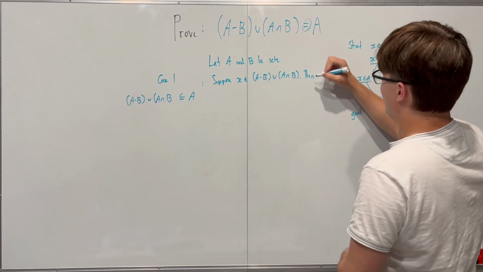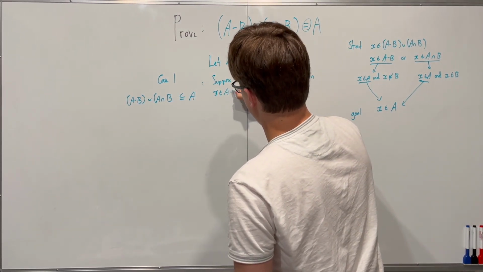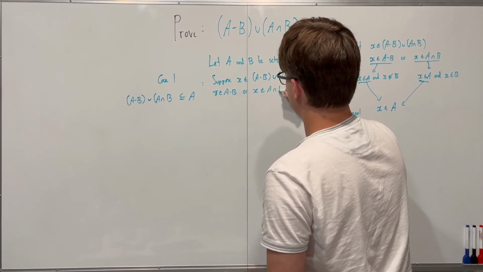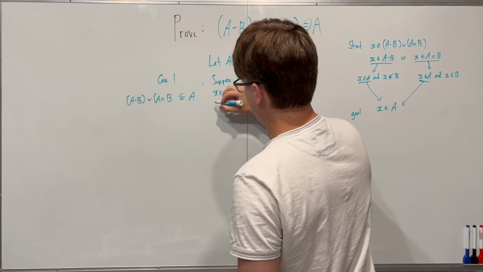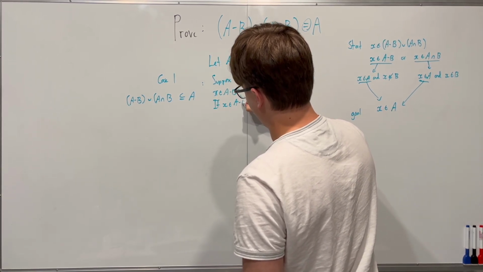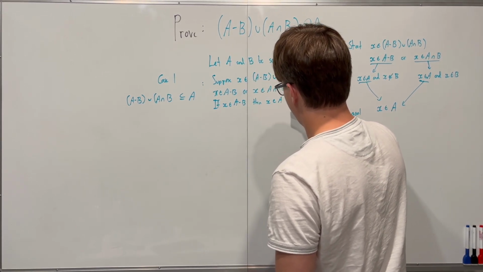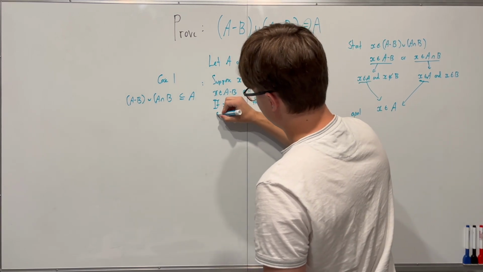We're going to then say, then X must be an element of A minus B, or X must be an element of A intersection B. Great. Now let's do our first case, if X were in A minus B. So we say if X is an element of A minus B, then X is going to be an element of A, and X is not going to be an element of B,